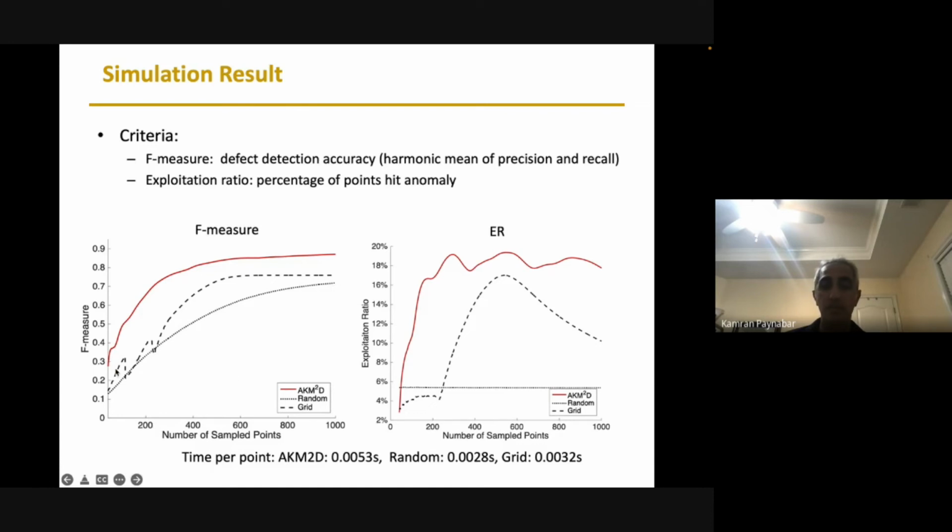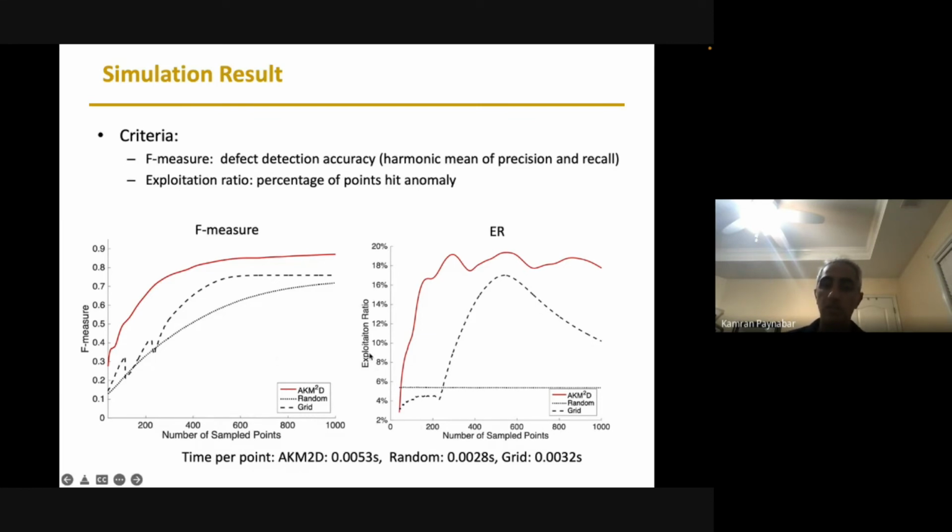If you look at our algorithm, no matter what the sample number is, it beats random sampling and grid. Something very interesting to pay attention to: when we increase the number of samples, we are getting closer and closer to dense sampling. When you have dense sampling, this gap is going to close. For example, if you go from 1,000 to 10,000 or 50,000, there is no difference between these two. So this method is only valuable when you have limited resources. If you do not have limited resources, it doesn't make sense to use this method.